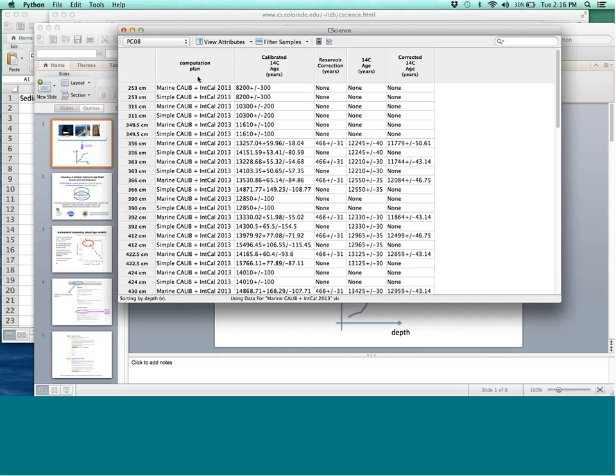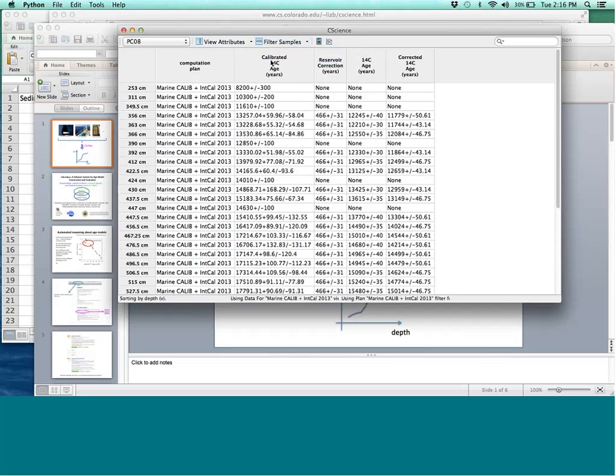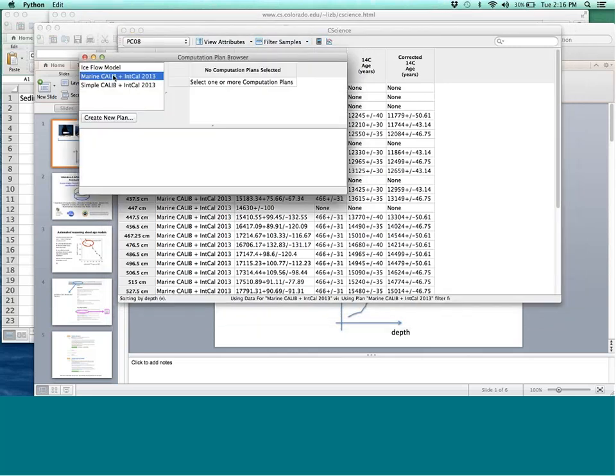If that happened, you just look through your data, filtering it according to different computation plans, my apologies, see which data had been processed using the curve that's now gone out of date, and then you could build yourself a new computation plan that's kind of like the old one,